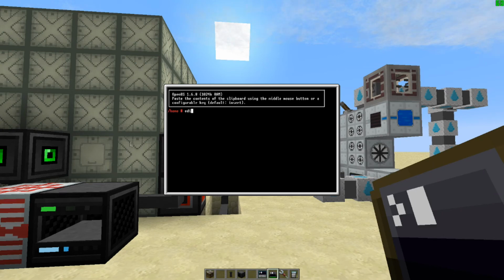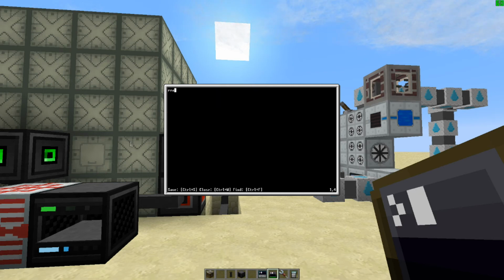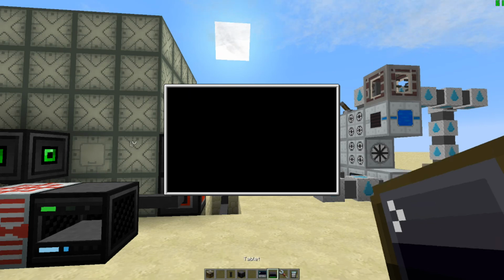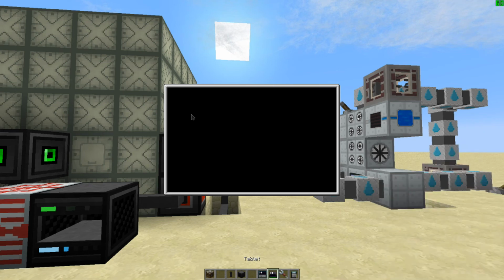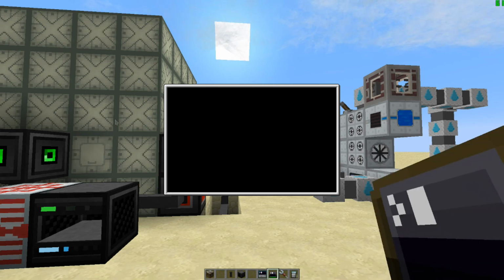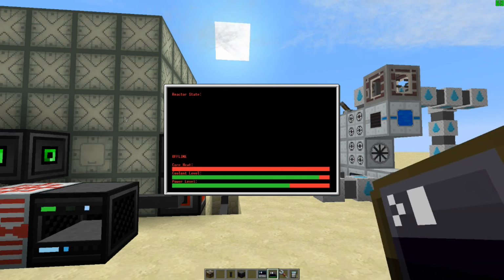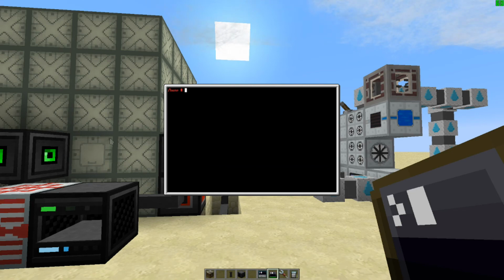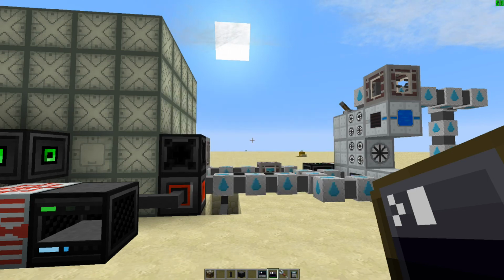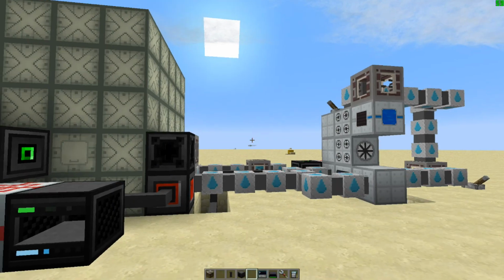And one thing we're going to do is we're going to edit this file and say reactor client. So now we should auto start the client when the tablet boots up. Okay, that's not what I wanted. Okay,